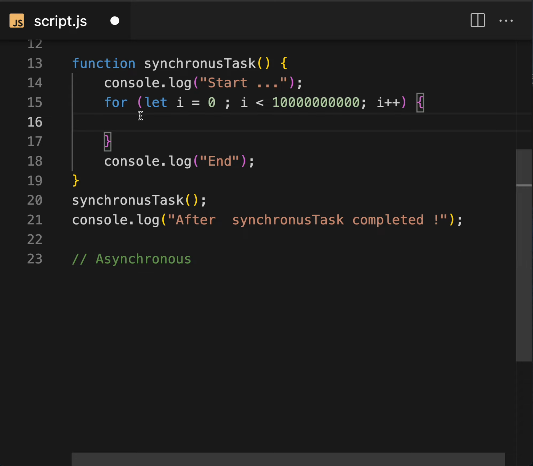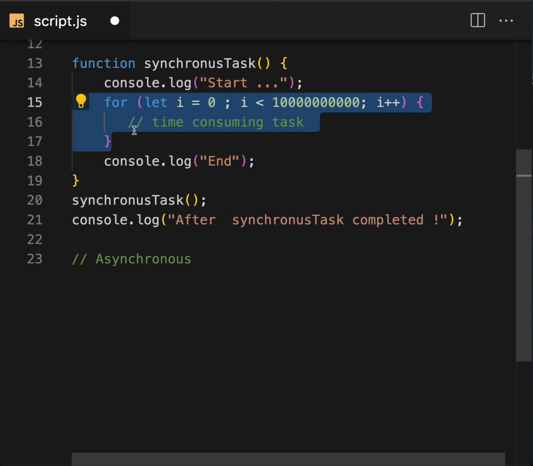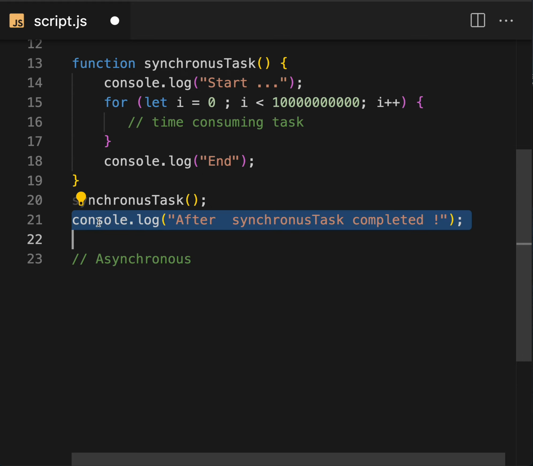This is our time-consuming task here. We are running this loop till this length, which will take some time to execute, and they are waiting. Once it completes, only then will it print line number 18 and line number 21.